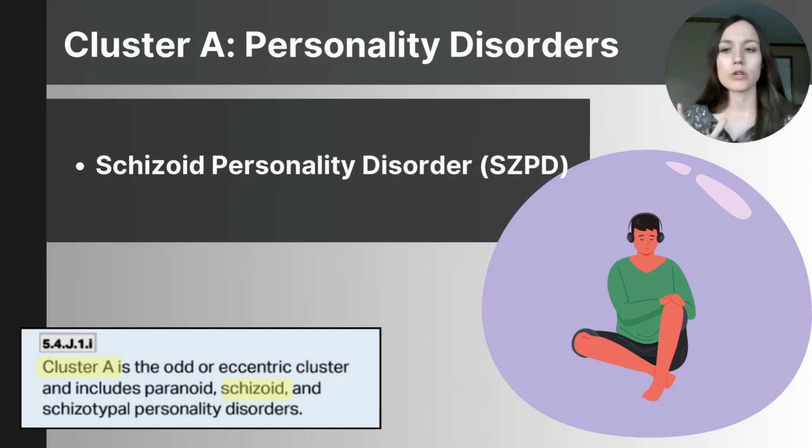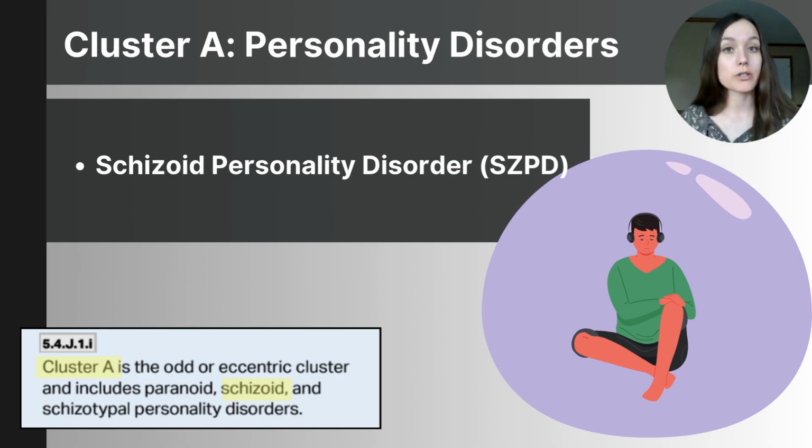So, this might be enjoying hobbies that are alone, that don't involve others at all. Another symptom would be indifference towards romantic relationships or little to no interest in intimacy. Another symptom is having few pleasures or finding few things enjoyable and exciting. Another would be having a lack of close, meaningful friendships. Another symptom would be emotional coldness or flat affect. And an important clarification for this particular disorder is, unlike social anxiety disorder, people with schizoid personality disorder are not distressed by social interactions. They just simply don't desire them.